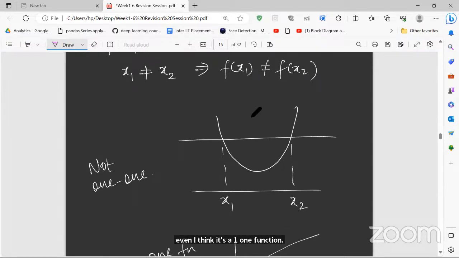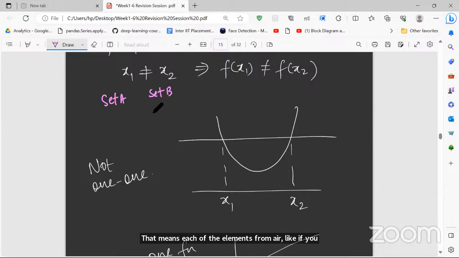Is it clear to everyone? So how do you check bijective? Both conditions should be satisfied. What did I discuss? Bijective means 1-1 and surjective. Surjective means the range should be equal to the codomain. That means if you have a relation from set A to set B, each element in set B should have one or multiple connections from set A.